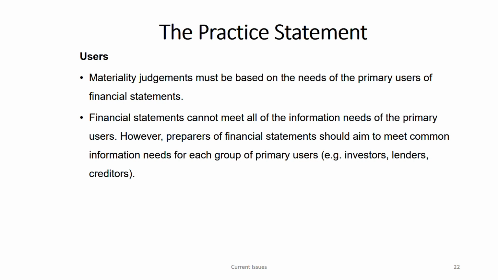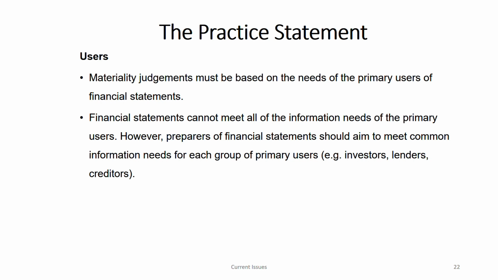Some informational needs are very common. It does not matter whether he's an investor or a creditor or a bank or a customer or a supplier. The need is very common. For example, let's say profit. Everyone wants to know what is the profit of the company, or everyone wants to know what is the liquidity position of the company. Whether it's a customer, supplier, the bank, the shareholder, or the potential investor, everyone wants to know this. Even the tax department wants to know this. The government. So these are common needs which have to be given.